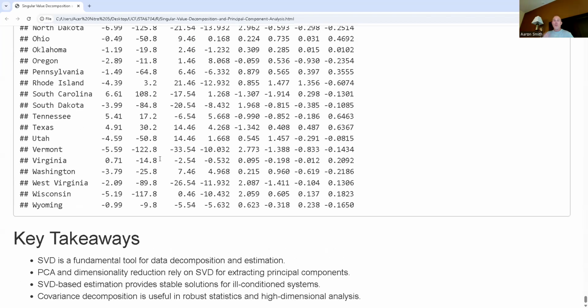Singular value decomposition is a fundamental tool for data decomposition and estimation. Principal component analysis and dimensionality reduction rely on SVD for extracting principal components. Singular value decomposition based estimation provides stable solutions for ill-conditioned systems, and covariance decomposition is useful in robust statistics in